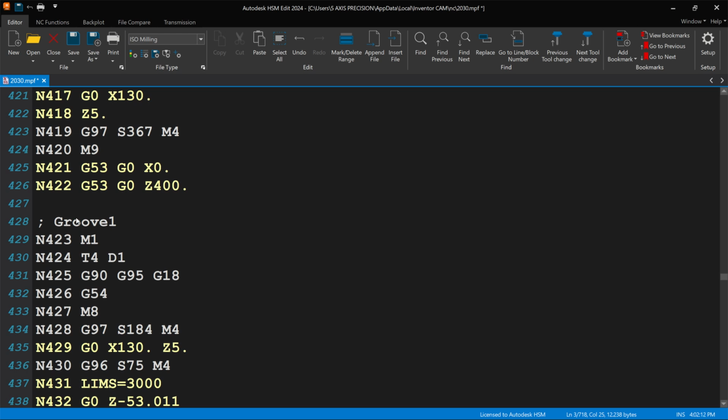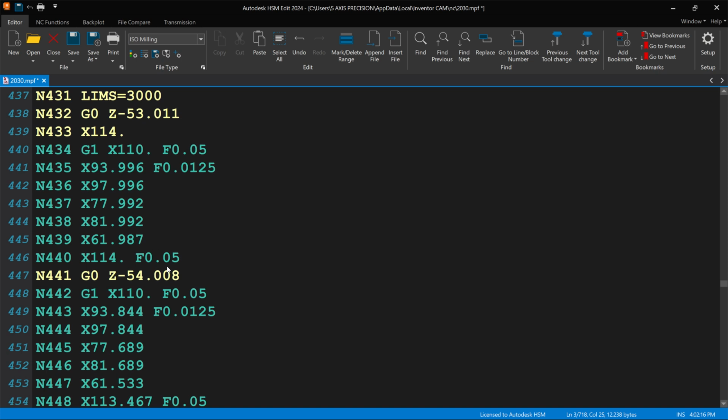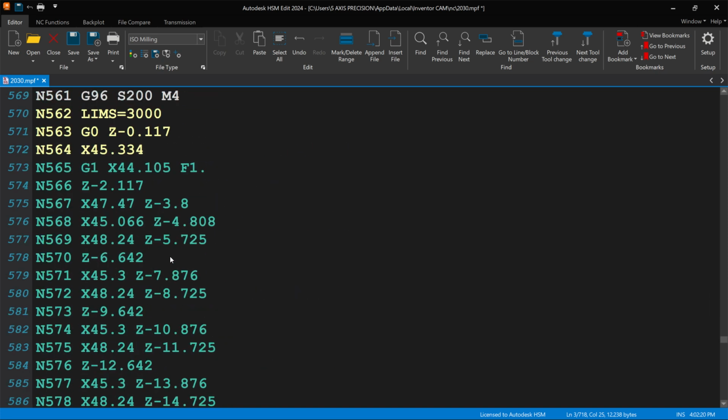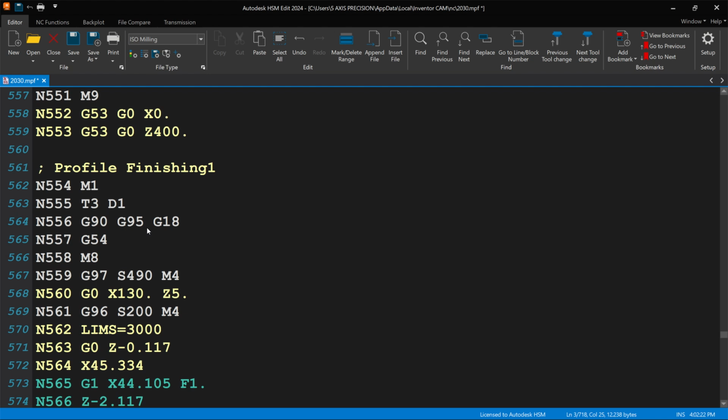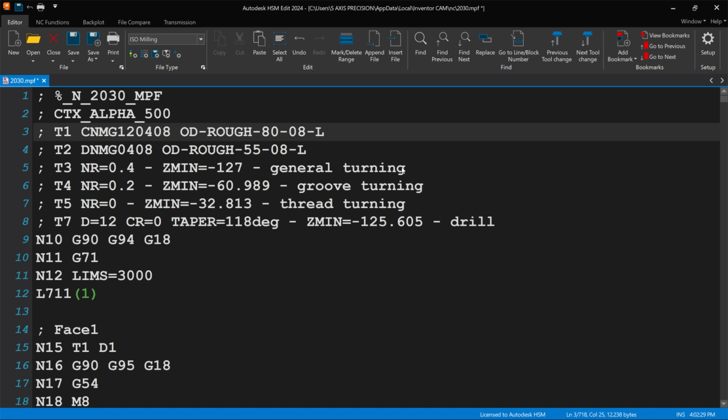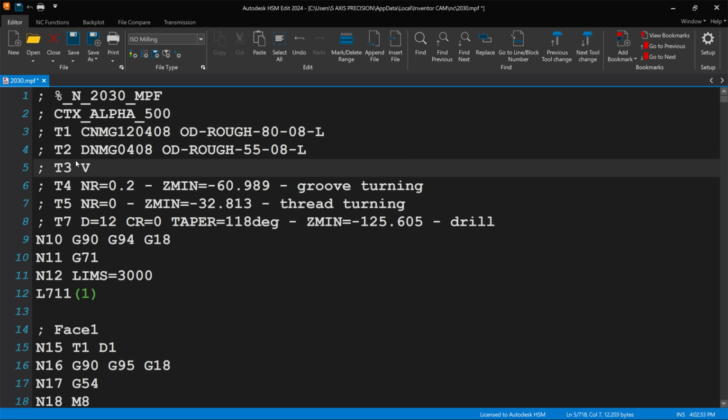This is grooving. You see, this grooving. The grooving one is T4. Grooving is T4, which I'm using for 3. The width is 3, so I can put here even, for example, to know T3 is finishing. That is the finishing tool. So let me put here T3 is the finishing tool, which is VNMG 160404, and I can name it as OD finish